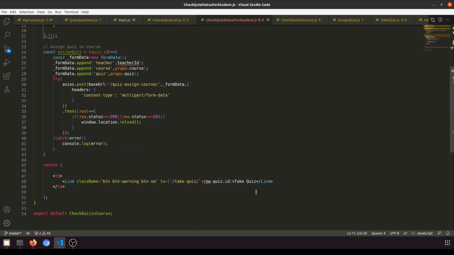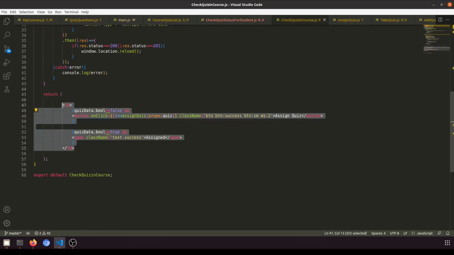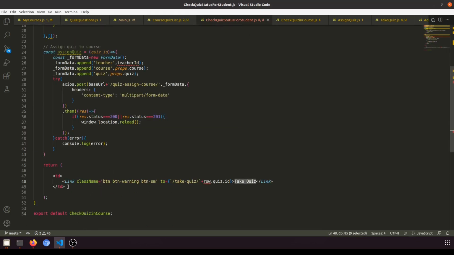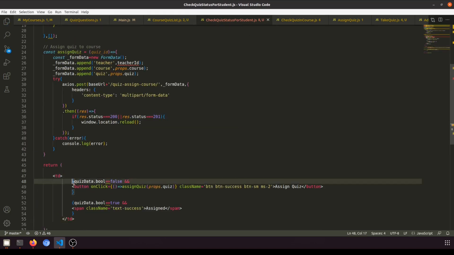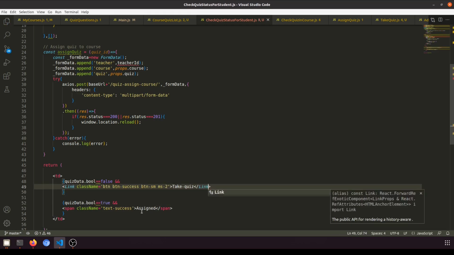So take quiz, or it will do something else. Like here we are doing, we'll copy this and paste it here. So quiz data, so quiz data dot bool equal to false. So we will say take quiz, and take quiz will be the button, the link, this one, or it will say